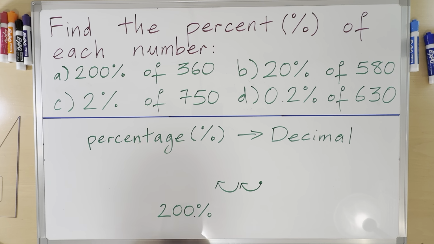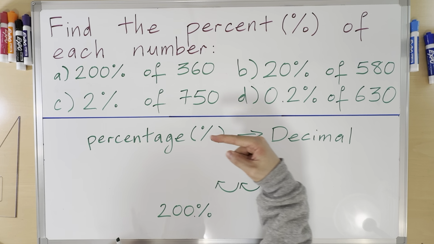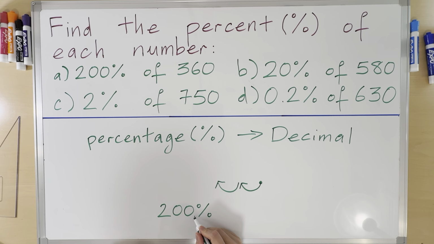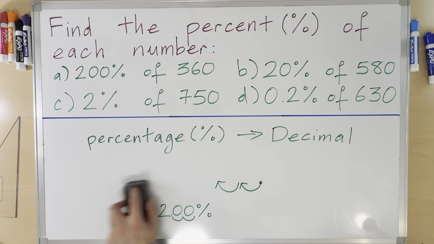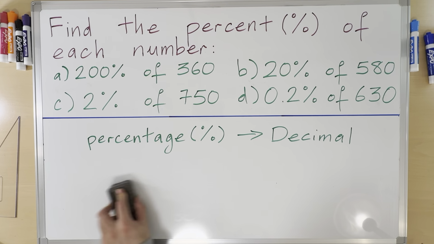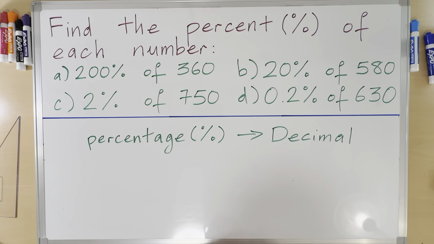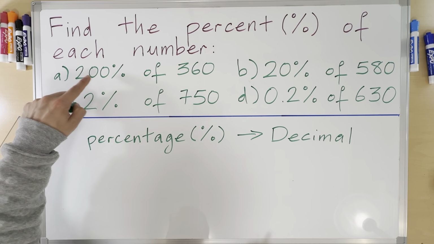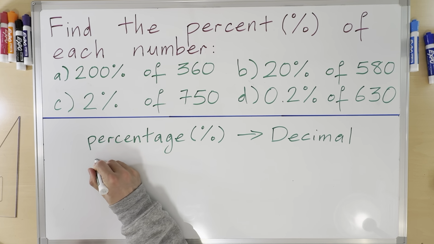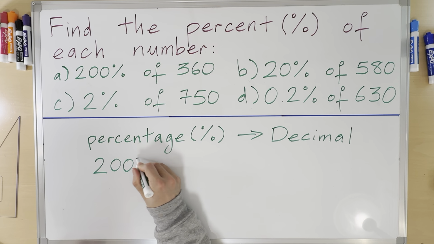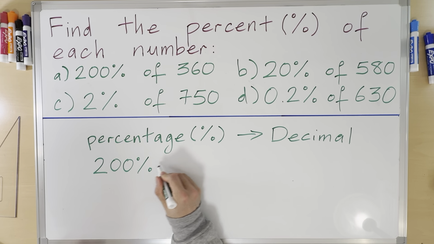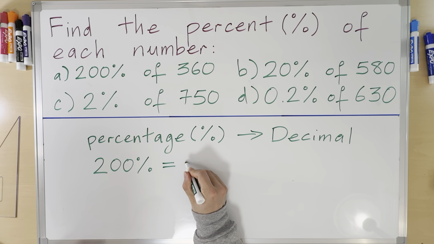Moving it 2 digits to the left side, the number becomes 2 because the new location of the decimal is right here. And so therefore, this means that 200% is equal to 2,